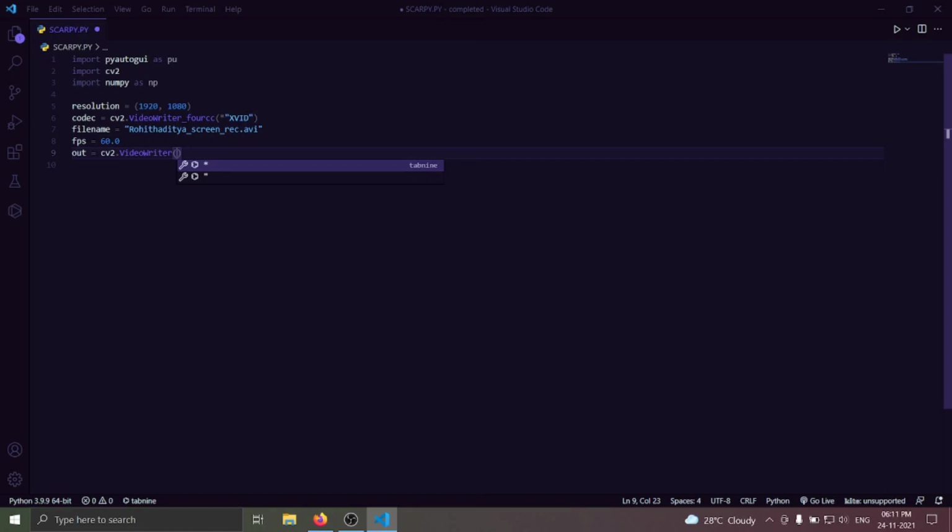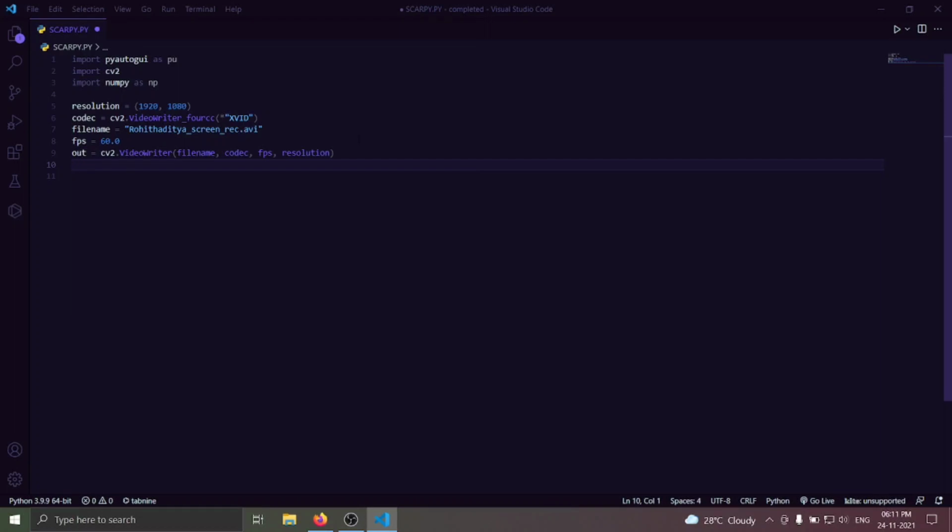At first the video writer requires the file name, so we give the file name, and then it requires the codec, so give the codec, and then it requires the fps, that means frames per second, and then the resolution. So remember, the first parameter is file name, the second is codec, the third is fps, frames per second, and the fourth parameter is resolution. Now hit enter, and then we need to create a new empty window.